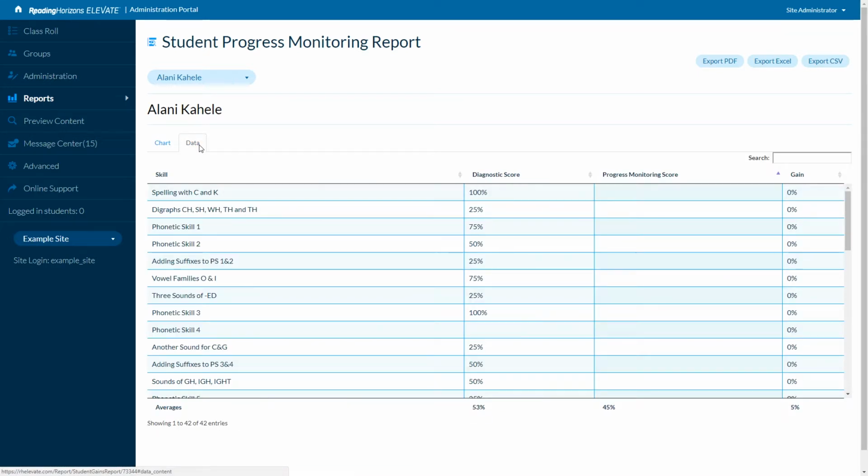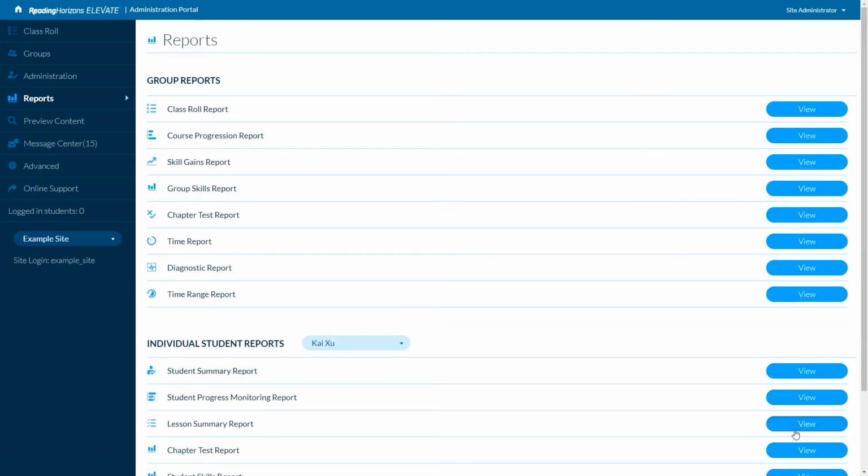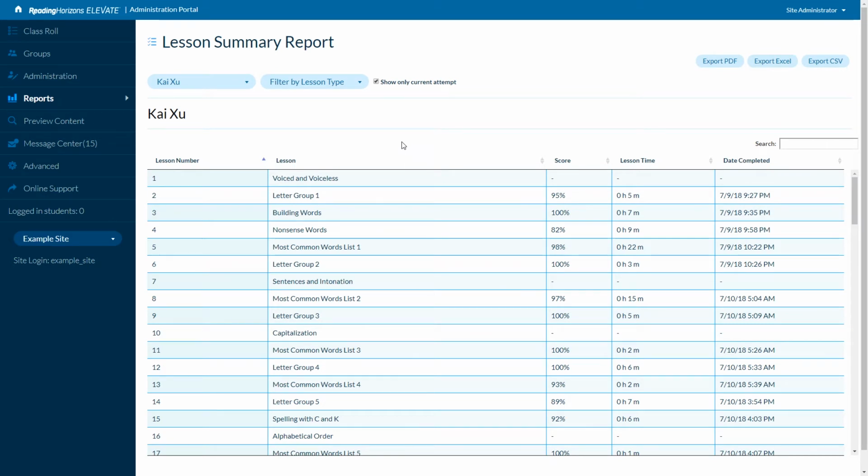Click the Data tab at the top of the chart to view the same information in numeric form. The Lesson Summary Report gives information about the student's performance on each of the lessons in the program sequence. Along with the number and title of each lesson, each row displays data for a completed lesson, the student score as a percentage, the length of time it took the student to complete the lesson, and the date that the